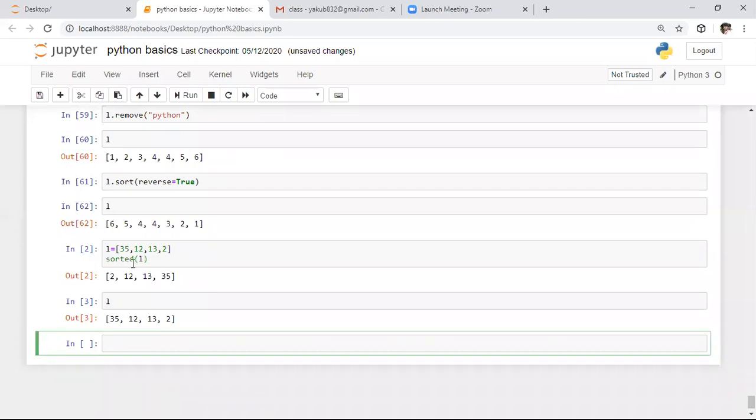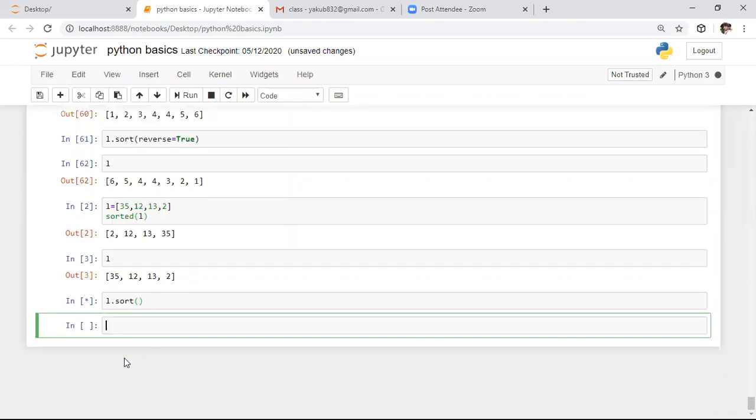As I told you yesterday itself, whatever function you are using, whenever you specify the data structure name inside the parenthesis, that is an external function. And whatever function you call with the dot operator, those are called internal functions. Here, if you perform the sort operation, to make it clear I'm taking this example. In this sort, I'm not using any attribute and I'm observing the content present in L.